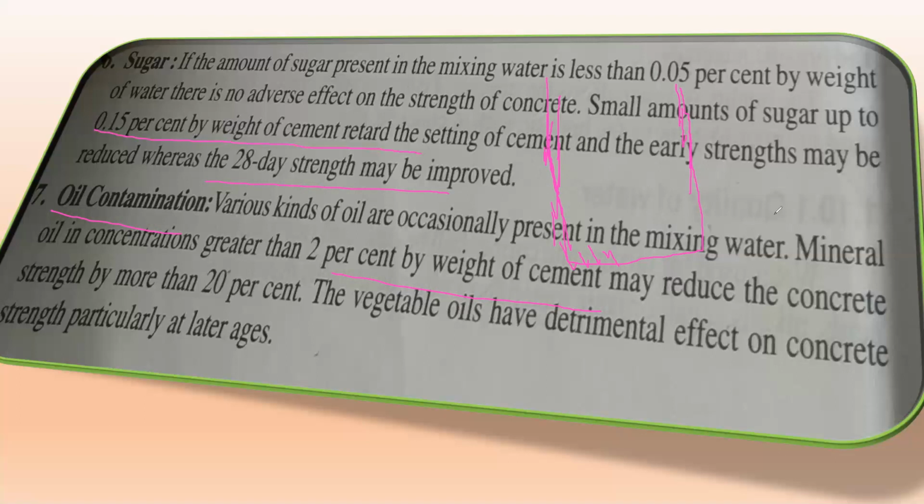So usually what we do is add a very minimal amount of oil on the surface of the formwork, so that next day when we take out the formwork, it becomes easy for us to remove it. That means there won't be a good bond between the formwork and the concrete. So in order to not have that bond, we apply the oil. That's it, right? That also you should not apply in more amount, otherwise the strength of the concrete may come down. So you have seen it here as well.